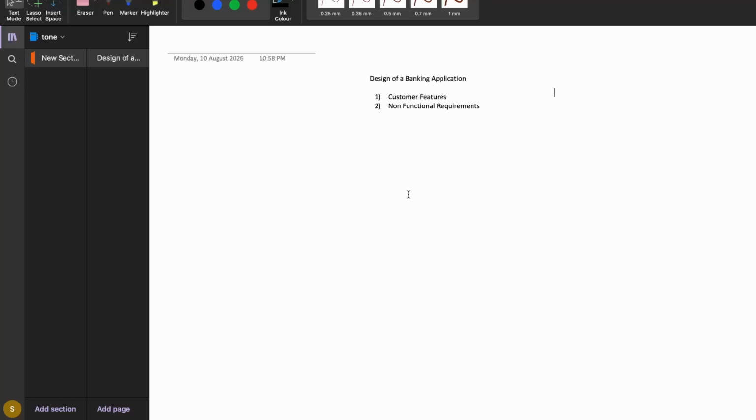Hi everyone. In today's video we'll be understanding the design of a banking application. A banking application is very important because using it we are able to do any kind of banking transaction, and we can also see the dashboard of the balance sheet and everything through the help of the banking application, and